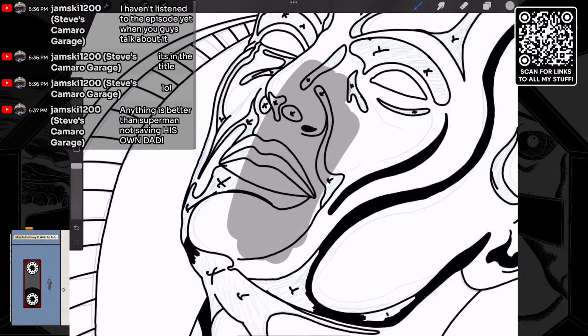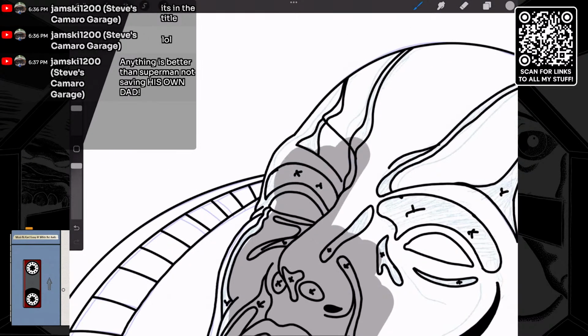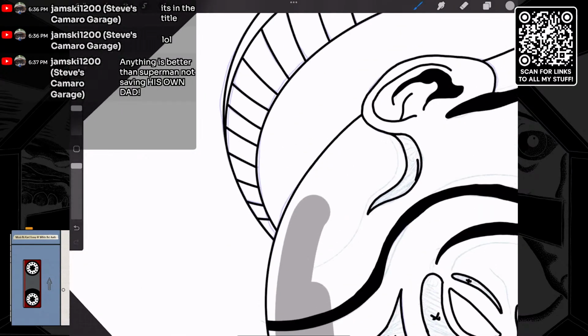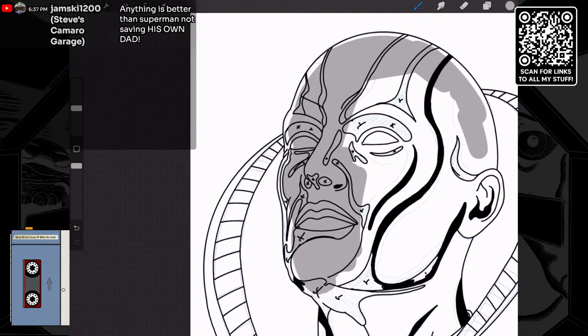So it already looks better just because I don't see any of that influence in there. So that's an immediate plus right off the bat. Wait a minute. If this is a steel mask, hold on a second. How can he see out of this? Wait a minute. Yeah, okay, the picture I'm looking at, there's no eye holes. How is he seeing out of this mask? This mask makes no sense.